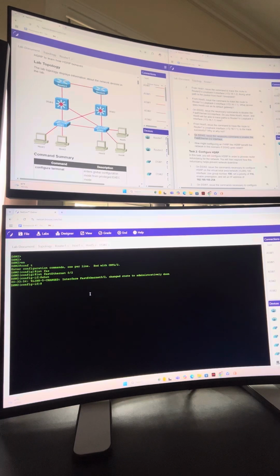So let's go back to D switch 2 and let's do a no shut to bring it back up. So number 7, it says, how might configuring an FHRP like HSRP benefit the network in this scenario if D switch 2 goes down? Well, configuring a FHRP like hot standby routing protocol is going to give us high availability